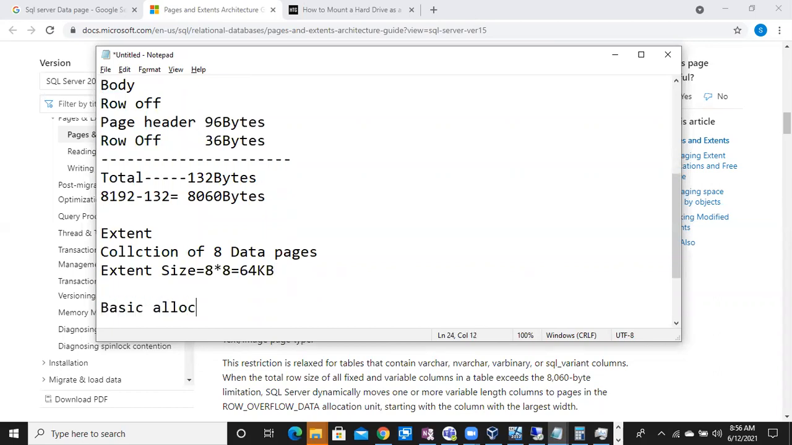The basic allocation unit of a SQL Server data file. Why am I mentioning data file every time? Because these are part of the data file only. Log files don't have any file groups, files, or extents. Log file architecture is completely different. An extent is a collection of 8 data pages, continuous, not different. An extent is a collection of 8 continuous data pages, and an extent is a basic allocation unit of a SQL Server